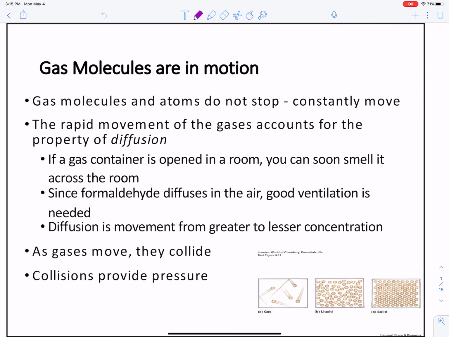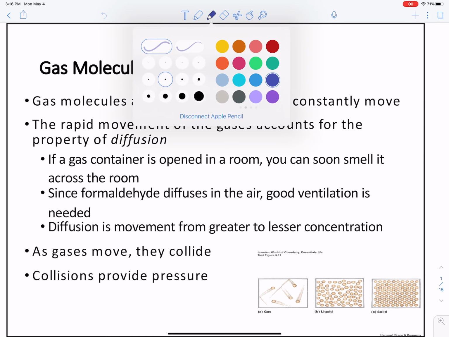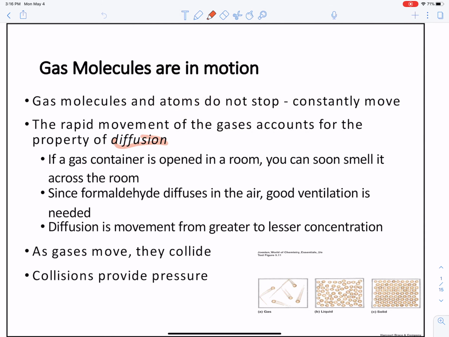So bloating involves a lot of gas molecules. And we know that these gas molecules are in motion. These gas molecules and atoms do not stop. They are constantly moving. The rapid movement of the gases accounts for the property of diffusion. Now, diffusion is a fun little subject in and of itself. Diffusion basically says that